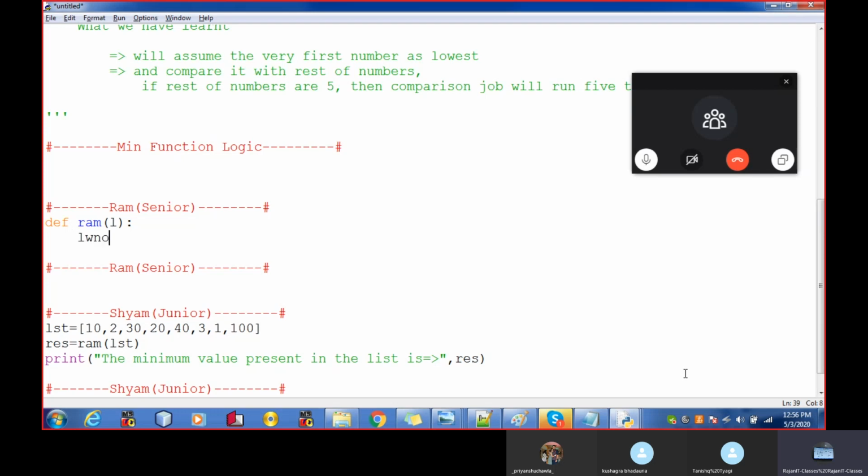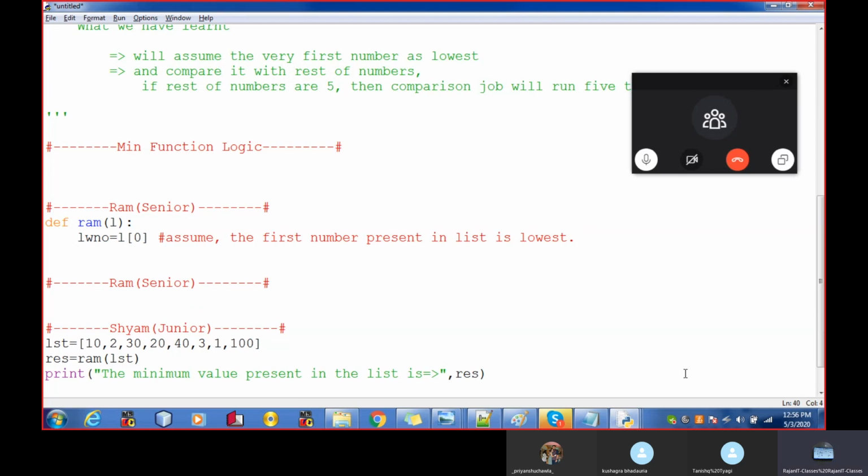So I'm assuming my lowest number is at L0. Assume the first number in the list is the lowest.